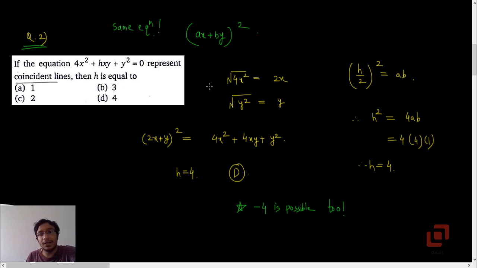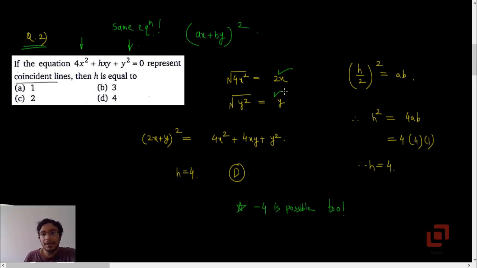So when you find their joint equation, it must be the square of some binomial, which is the LHS of the equation of the straight lines, provided the right hand side is 0. What I have first done is go to the terms containing x squared and y squared, which are 4x squared and y squared respectively, and find their roots. The root of 4x squared is 2x and the root of y squared is y. Of course we can also take the negative square root, but I'll come to that later.